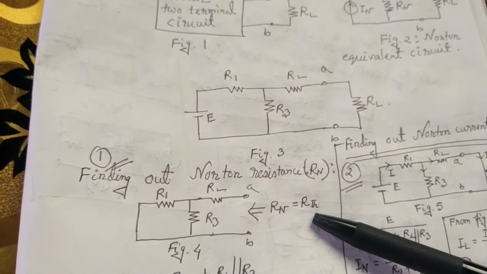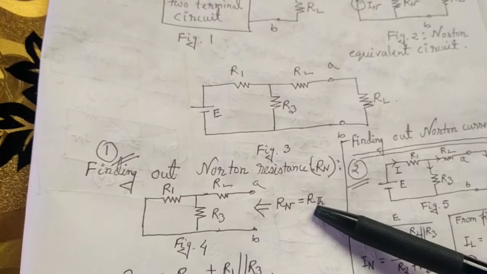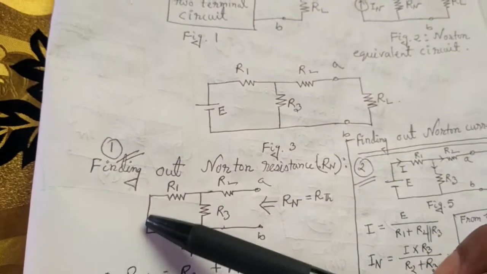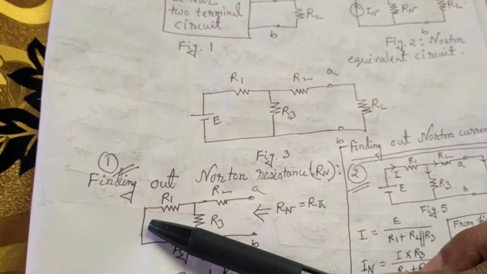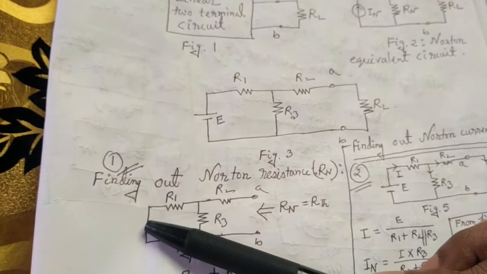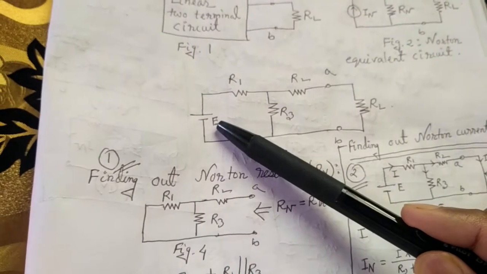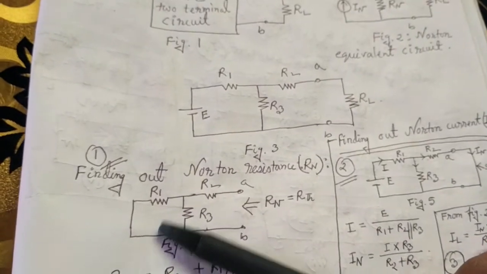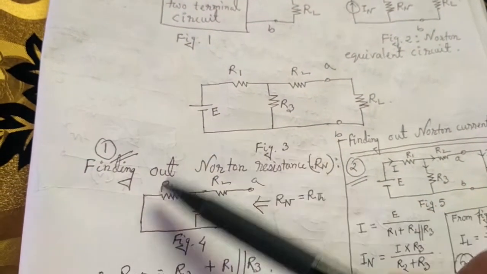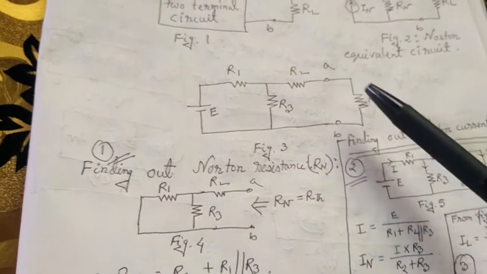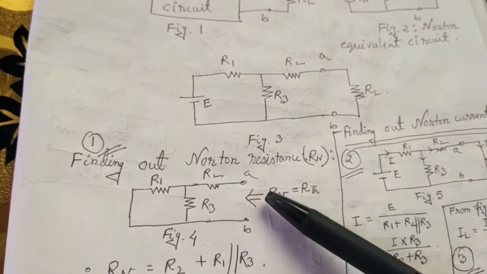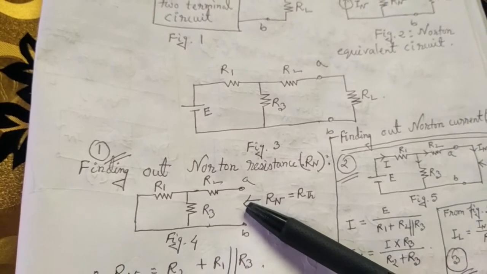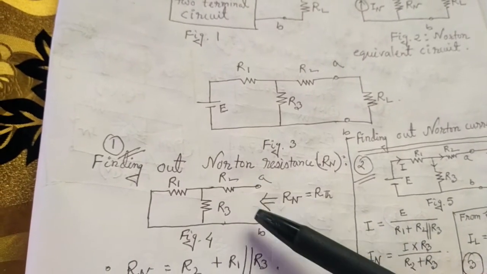So we know that to determine Thevenin resistance, we need to remove the voltage source and replace it by a short. Here we placed a short in the place of the voltage source. The voltage source is removed here. After removal of the voltage source with a short, we also remove the load resistor RL. Here RL is absent. Now we need to take the resistance from A to B.